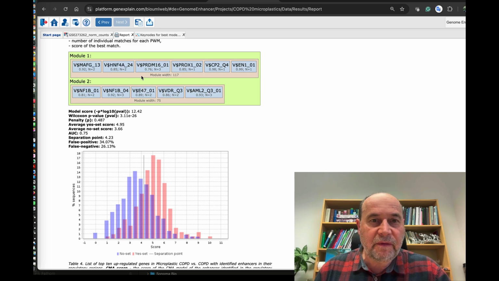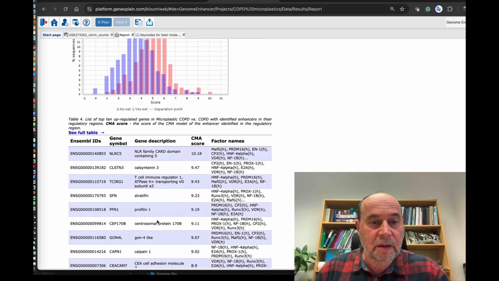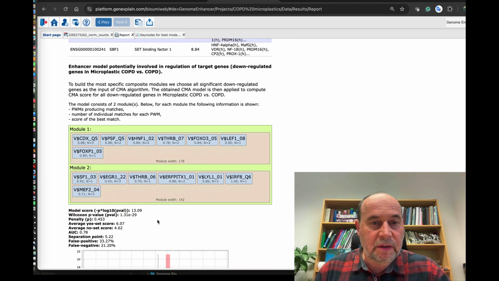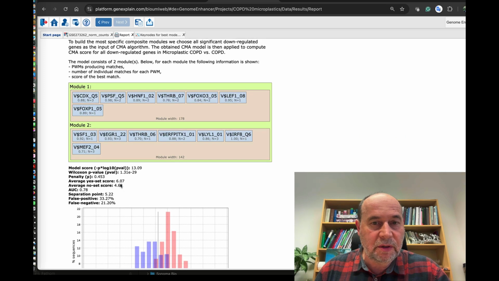So very interesting factors which in combination discriminate promoters of upregulated genes from the non-changed genes. And here you see the factors which were involved in downregulation of the genes.